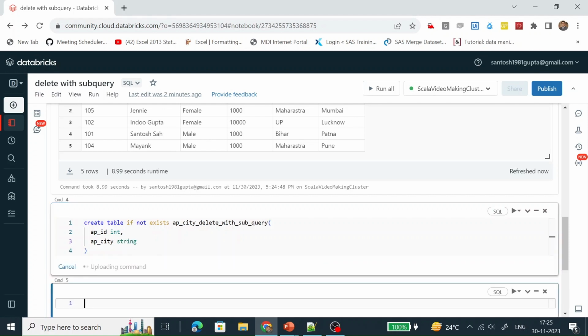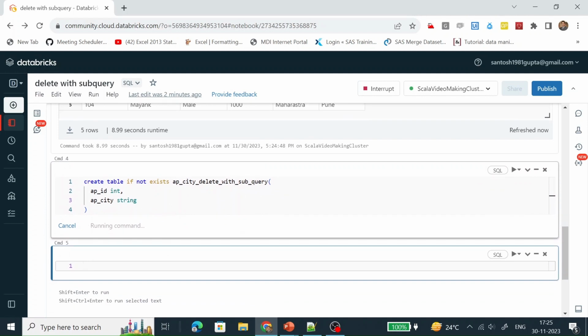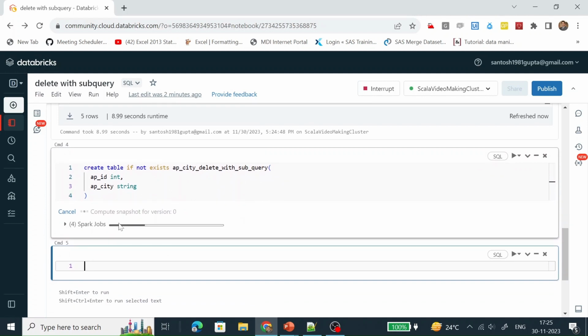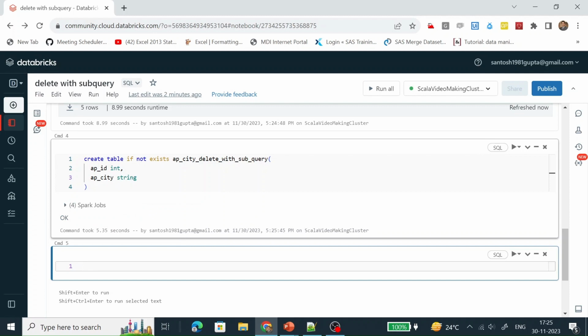Let's run it. This table has been created successfully.